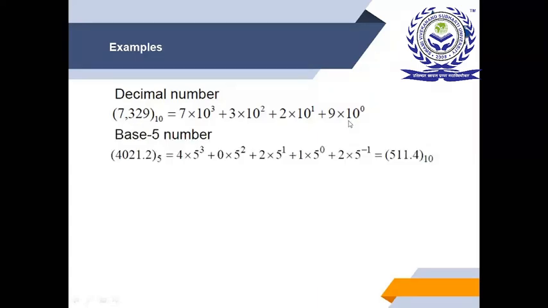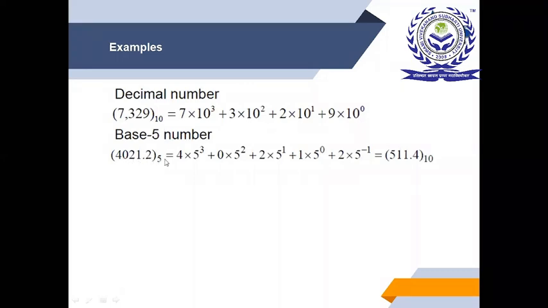Suppose I have a number system which has a base 5. So here the base 5 number, the range of the digits will be 0 to 4. 0, 1, 2, 3, 4. The 5 will never appear in base 5, as 10 never appears in a decimal number. It is 0 to 9. So I have a number